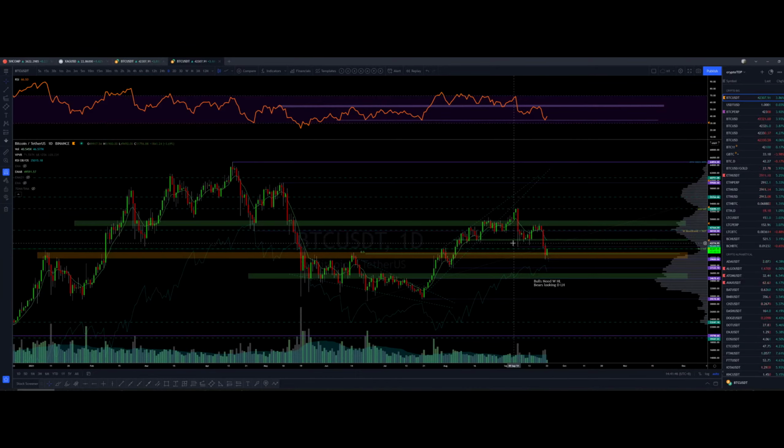So anyway, what happened afterwards? We set a lower high here on the daily. We could not break this important zone that we've been talking about for a while. We talked about it in the last video as well. So this was the trap, and this is our second rejection from this zone, which also set a daily lower high, and then boom, we crashed down.